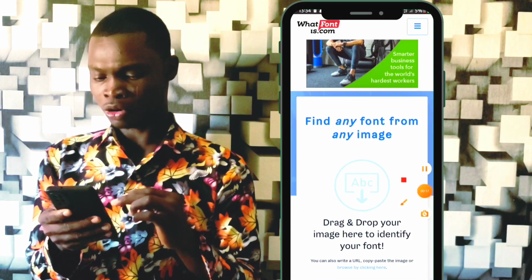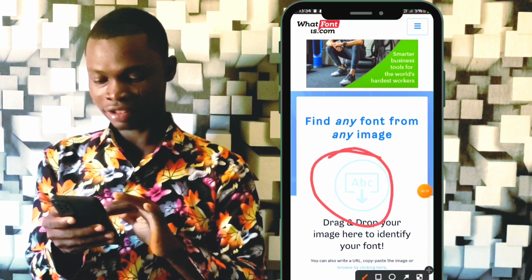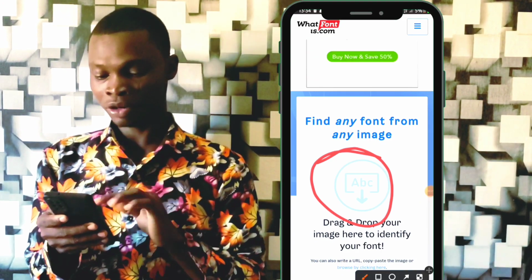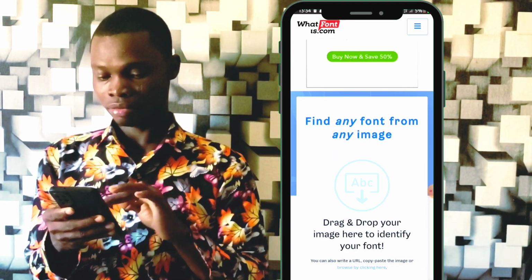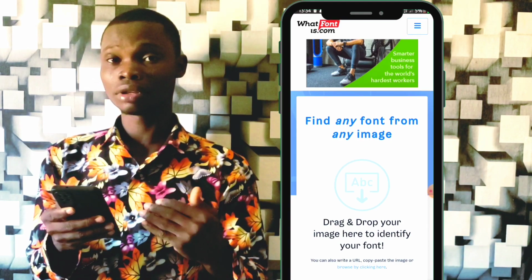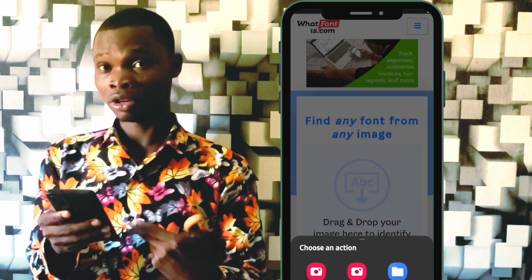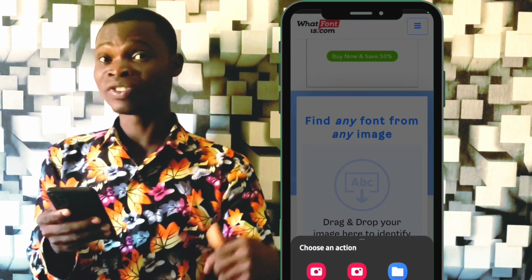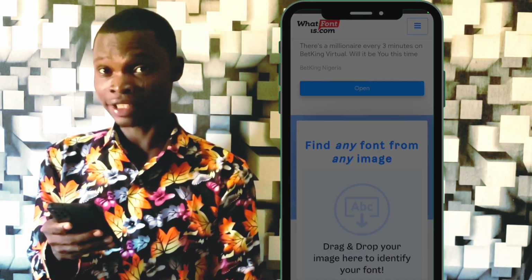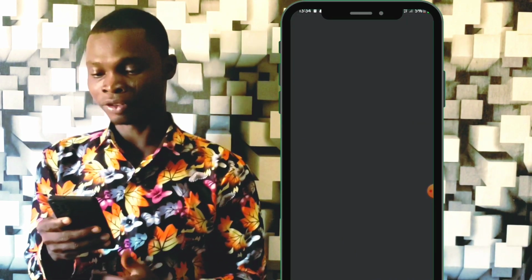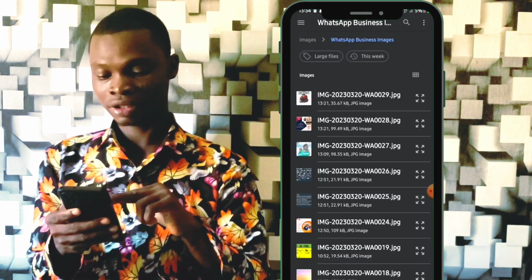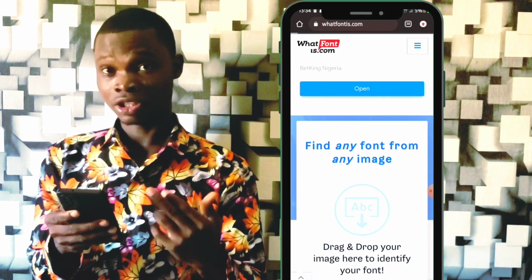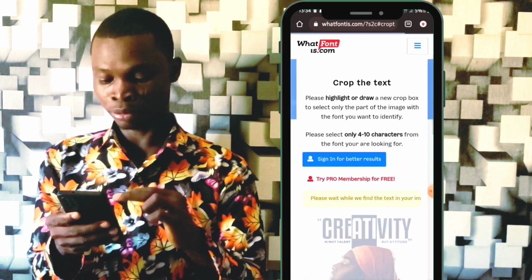When you get to the website, we are going to see something like this. The first thing you are going to do is click on this circular area, that place I actually circled. Click on it. Then a prompt will come up that requires you to upload the design in which you've seen the font that you want to know its name. Just go ahead and upload it. It is uploading right now. When you are done uploading it,